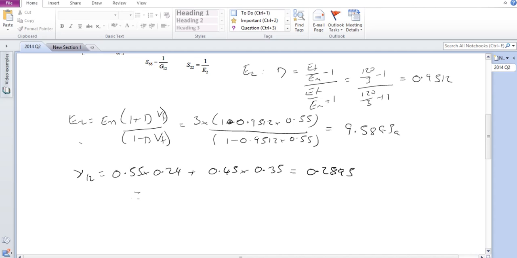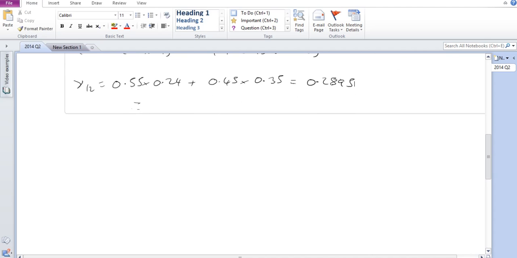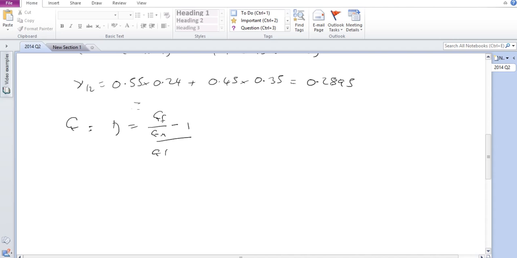The final one that we need then is G. Now the thing to remember here is that all the G terms we can assume to be the same regardless of which direction. Again, there's a Halpin-Tsai model for G, which again has an eta value, so we need to work out an eta value, which is the shear modulus of the fibres divided by the shear modulus of the matrix, minus 1, divided by GF over GM plus 1. In this case, GF is 55, GM is 1, so (55 divided by 1, minus 1) divided by (55 divided by 1 plus 1). And that comes out to be